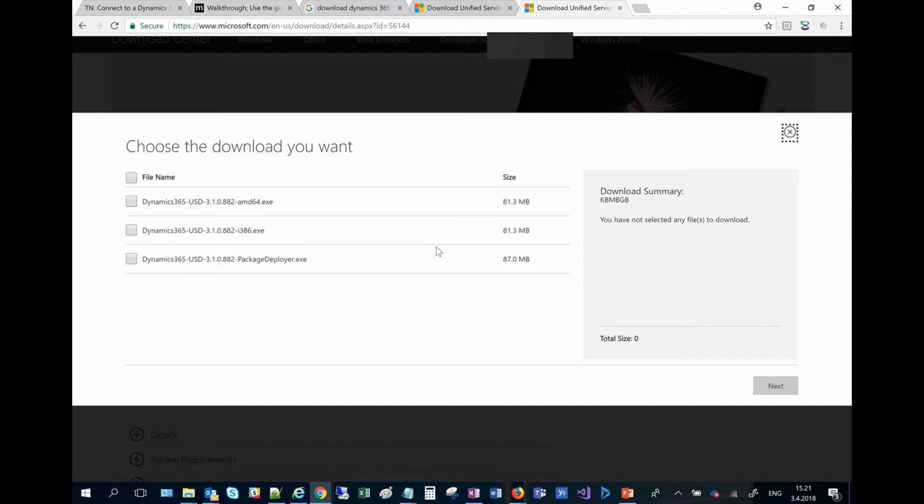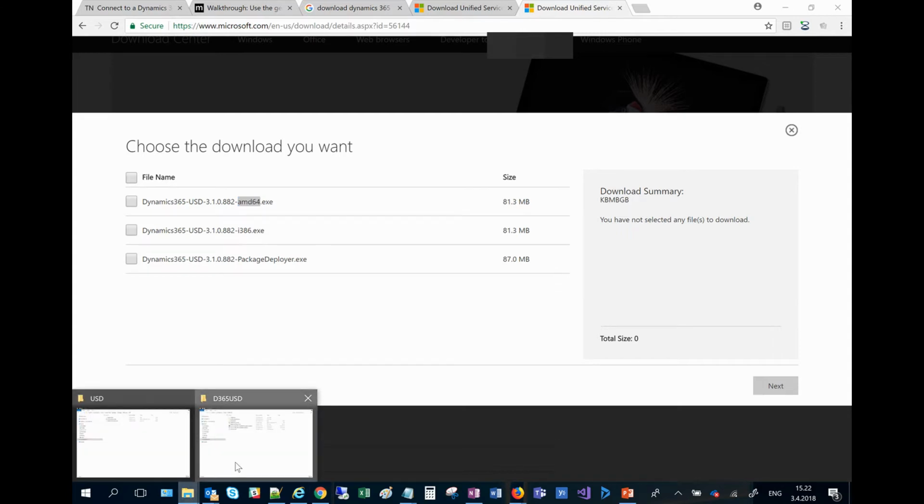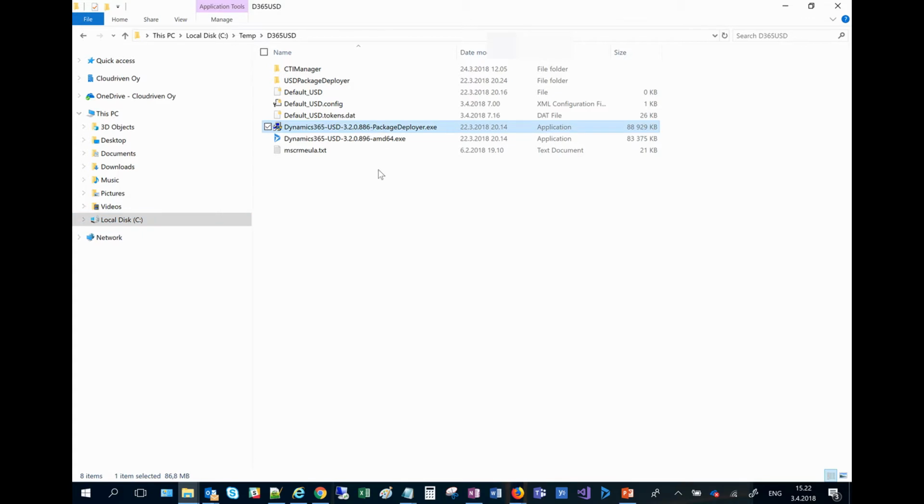Anyways, I've already downloaded the packages. As I mentioned earlier, there's the package deployer application and then the actual client application. There are 32-bit and 64-bit versions available for the client itself. And after the download, you need to, of course, install the package deployer exe, and that will be extracted to its own directory in your workstation. What it is used for is that it actually contains kind of like templates or ready-made solution packages for the USD that get deployed with this application to your